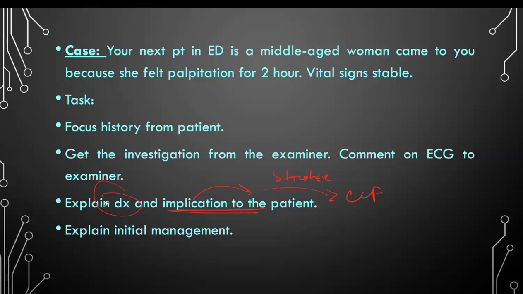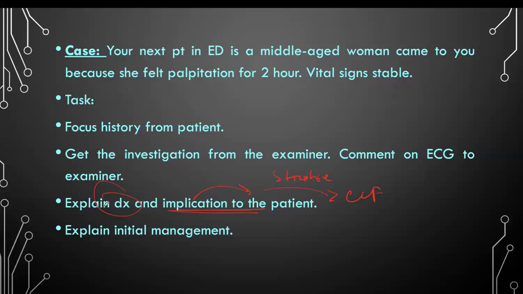You need to cut short when there is a 4-task case like this. So you don't need to go through all of those upper and lower chambers, because it doesn't matter. As long as you say atrial fibrillation is a condition in which the heart beats faster than normal and it beats in a chaotic rhythm. That is the main gist of atrial fibrillation.